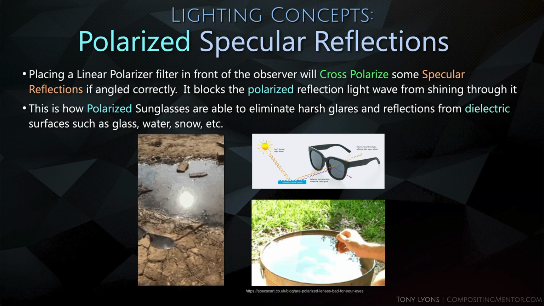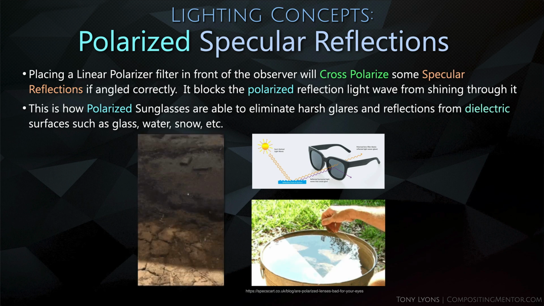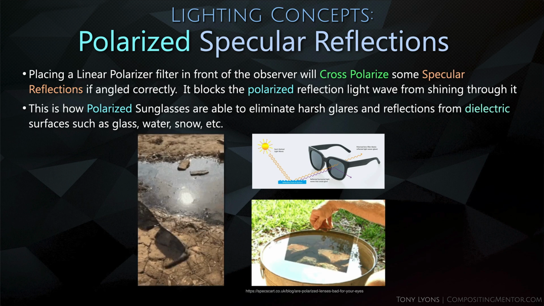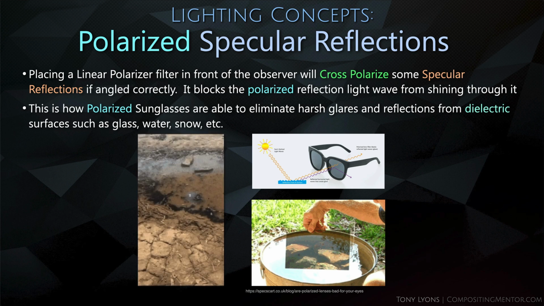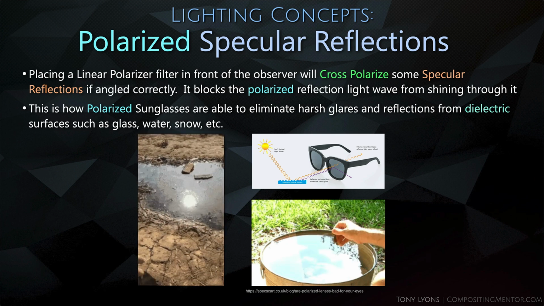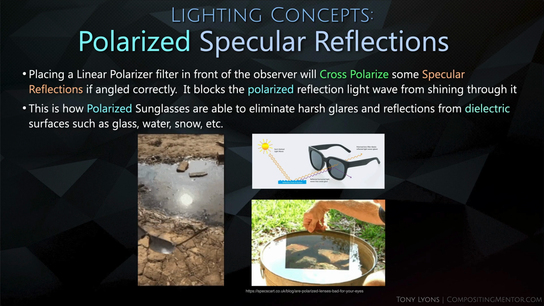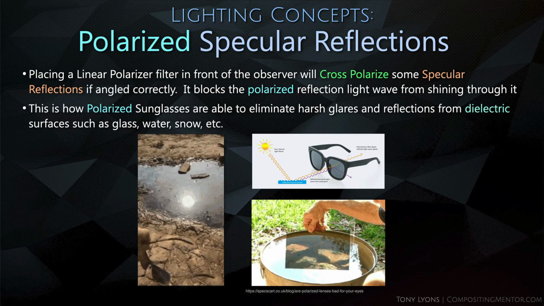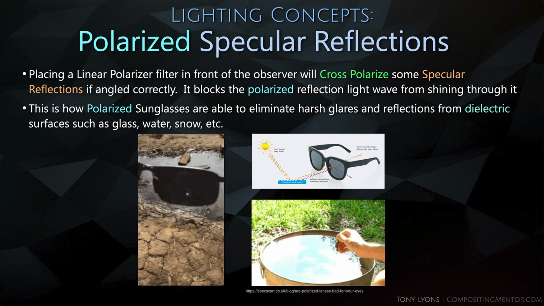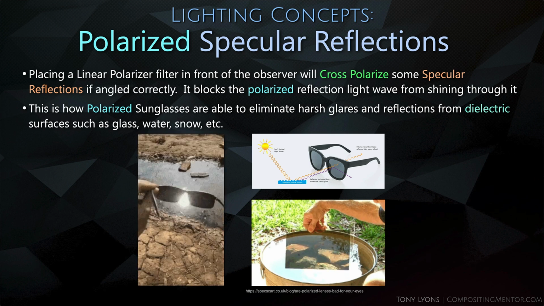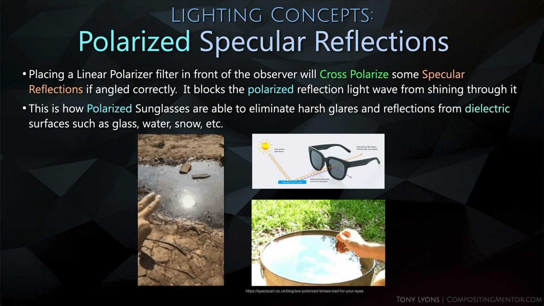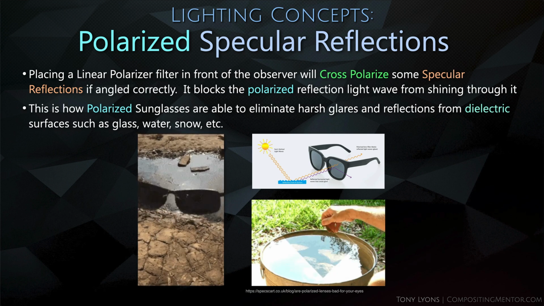Okay, Tony, why are we talking about all this stuff? So we have polarized specular reflections. Placing a linear polarizer filter in front of the observer will cross-polarize some specular reflections if angled correctly. It blocks the polarized reflection light wave from shining through it. This is how polarized sunglasses are able to eliminate harsh glares and reflections from dielectric surfaces such as glass, water,